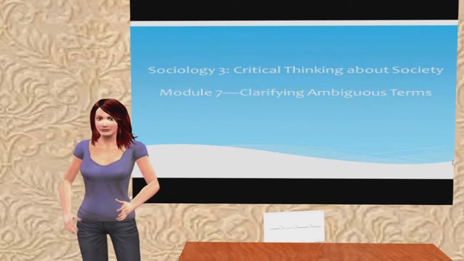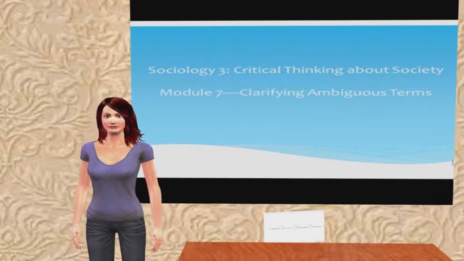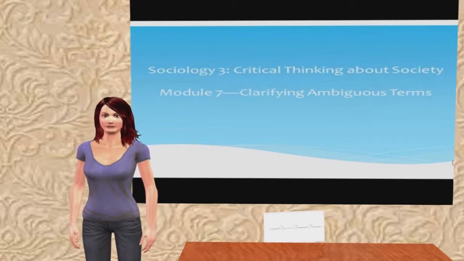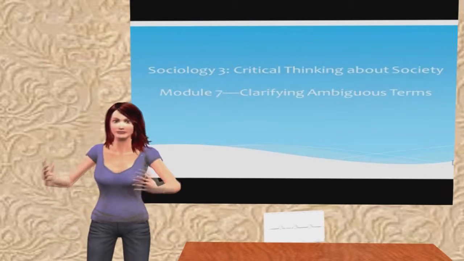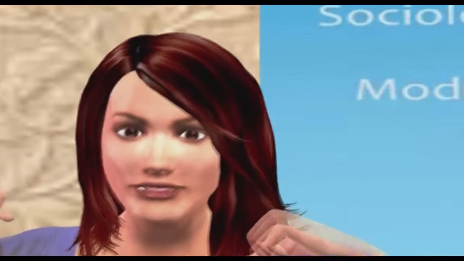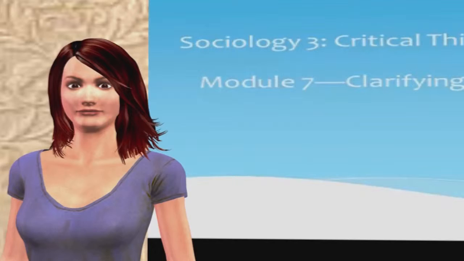For the last few weeks we've been talking about identifying the basic components of an argument. You should be very familiar with those now, right? What are they? They're issues, conclusions, and reasons, right? And until we are able to identify those key parts of an author's argument, we won't be able to evaluate